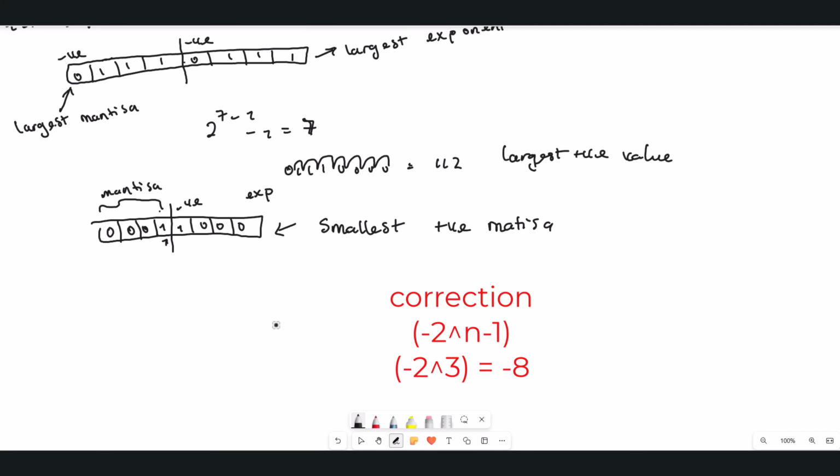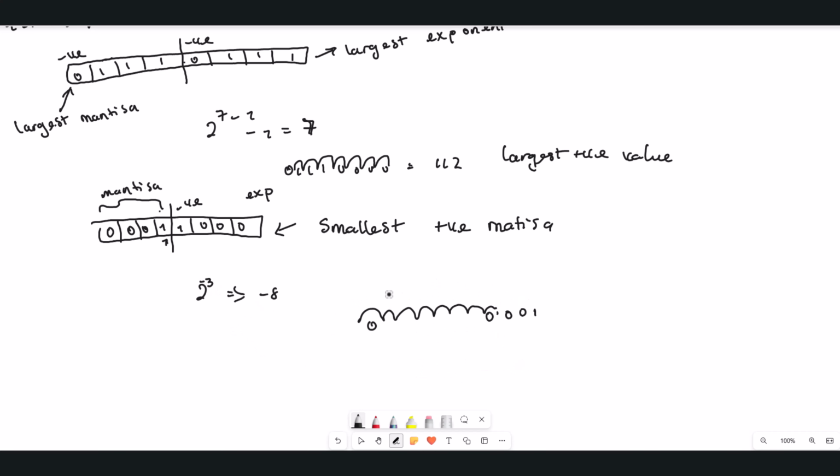What does this simply mean? This means the floating point can move 8 places to the left, simply because this is 2 raised to the power 3, and we have a negative here, which is equal to -8. If we move the smallest mantissa value, which is equivalent to 0.000488281, this is the smallest value